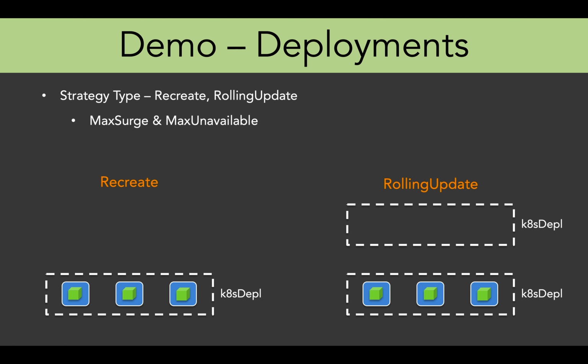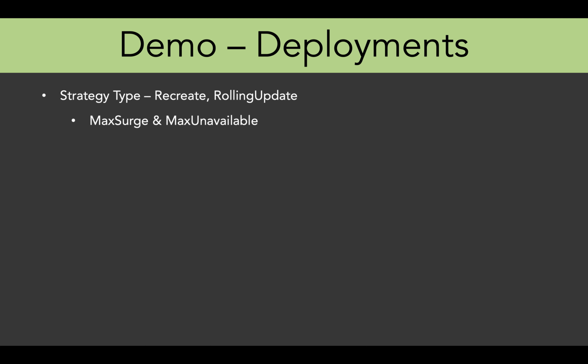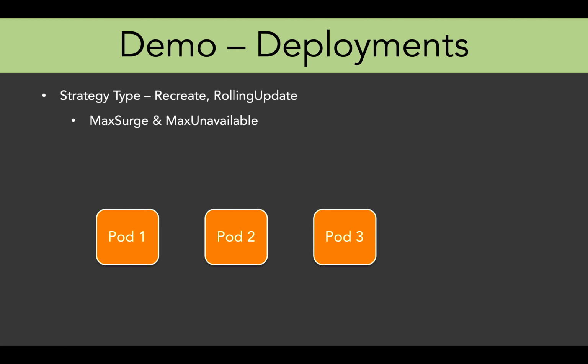In rolling update, we have two more components or two more keywords which are mentioned in the manifest file, that is called max surge and max unavailable. So what does it do? Let's say max surge. Now this is my existing deployment which has three pods, and this is the desired number of count. So max surge is a field which is mentioned in the manifest file, and using that field we can specify the maximum number of pods that can be created over and above the desired number of pods, and the value can be an absolute number or it can be in percentage also.